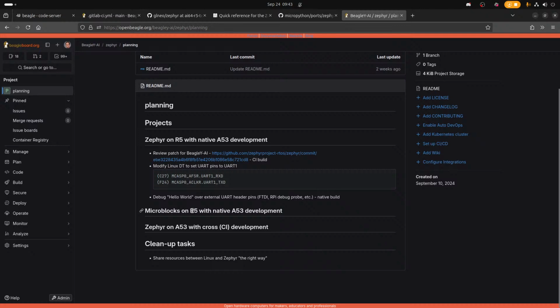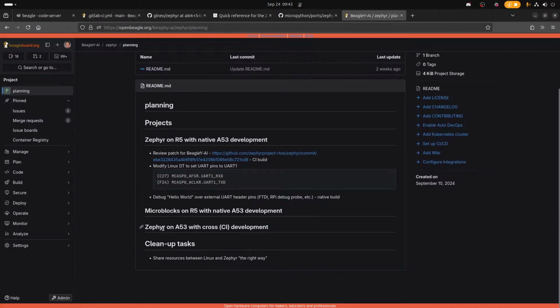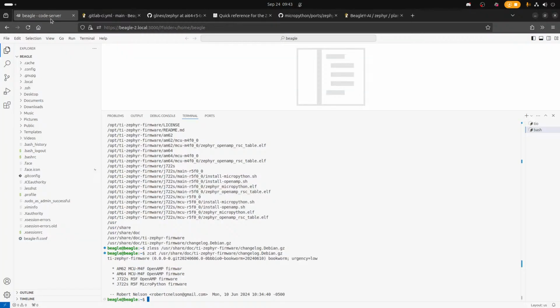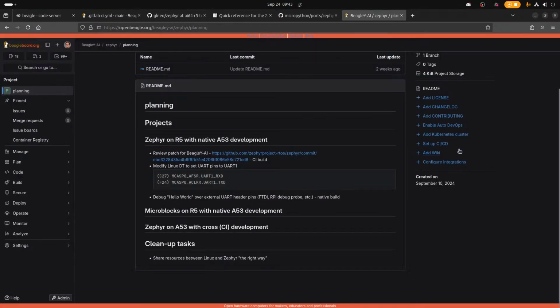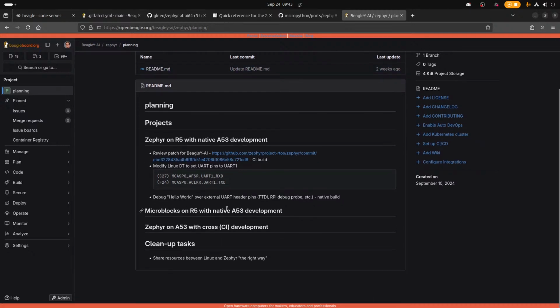For testing BeagleY-AI. Yeah, I mean we're just trying to test Zephyr support on BeagleY-AI, right? That's why we get together every week and spend a couple hours, right? How do we want to continue to move this forward, so that we can improve the experience of Zephyr on BeagleY-AI? And ideally, I would like to be able to rebuild natively and have easy stuff coming from the CI, right? So like we talk about native A53 development, so that we can enable other people to quickly move this stuff forward.